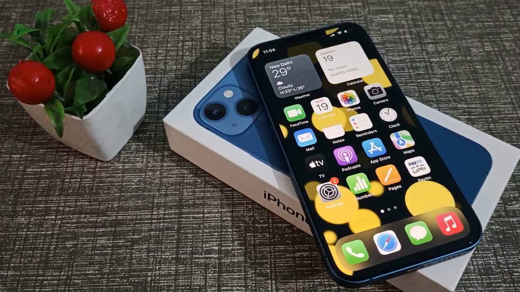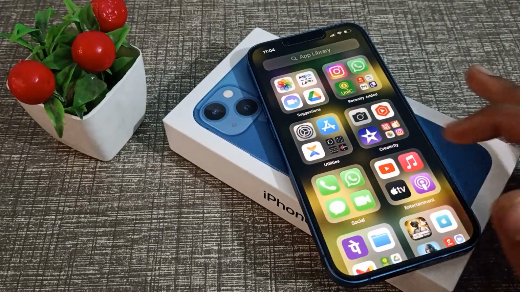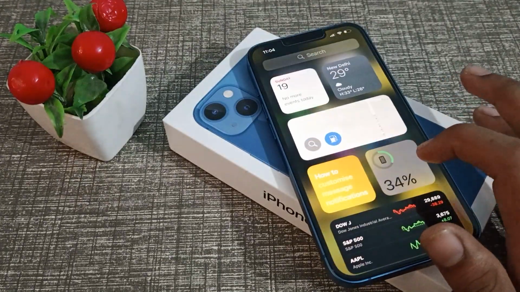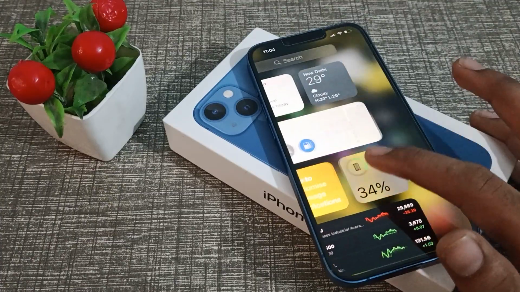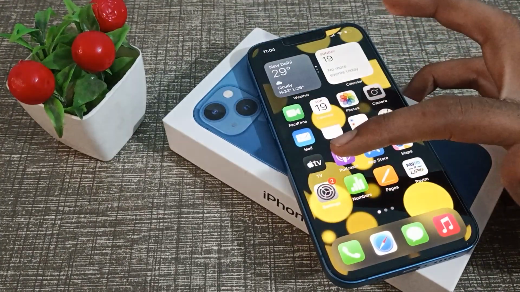In this video guys, I will show you how you can turn on location services in iPhone 13, if you want to know your location. Now let's see how to turn it on in iPhone. So first of all, come to your phone's Settings app,